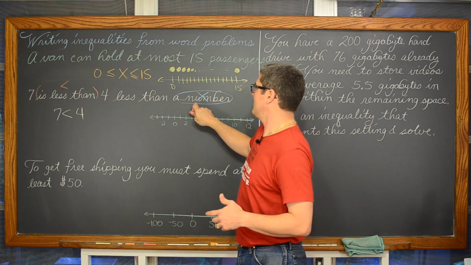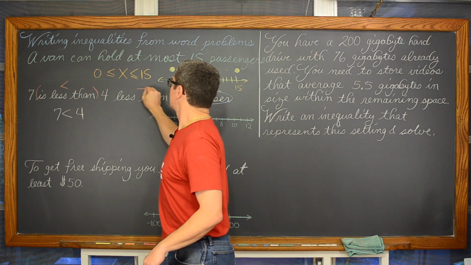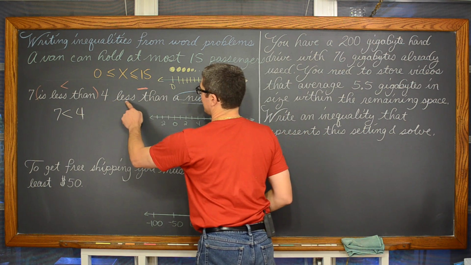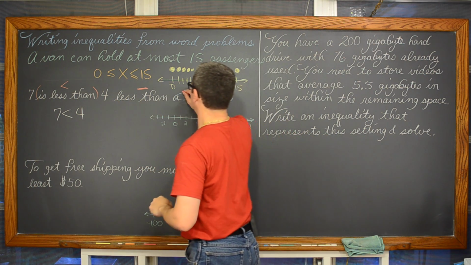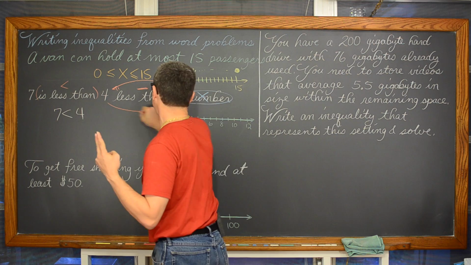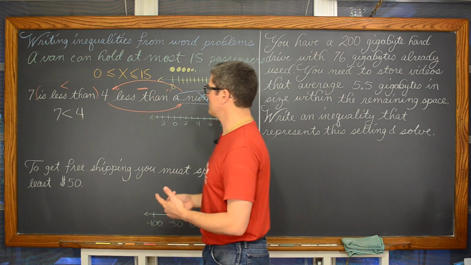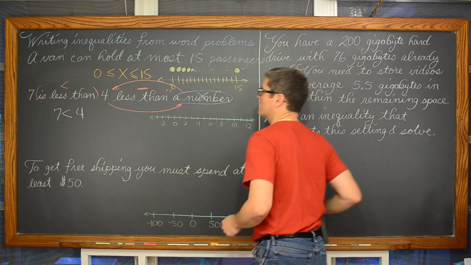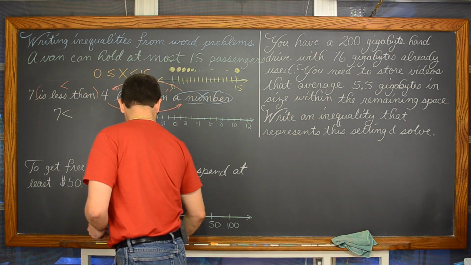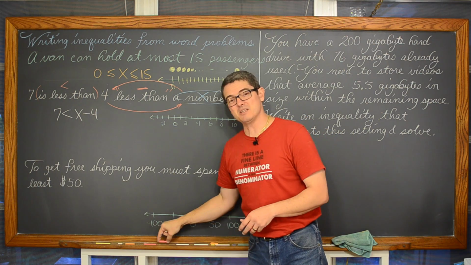For "less than a number", when you're not putting an inequality symbol, there's no word "is", it's going to be subtraction, and if it said "more than", it would be an addition. And for the two words together, less than and more than, you have to remember, is it addition or subtraction? And you also have to remember to turn around the equation. So this is going to be 7 is less than 4. Not really, I should have just stopped at the less than symbol. It's 4 less than another unknown number. So it's actually x minus 4. And remember, to turn that around is kind of a big deal.